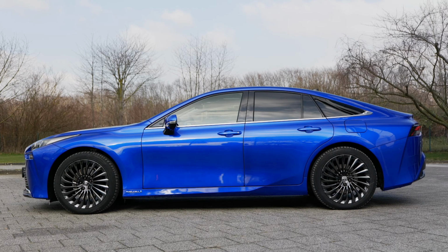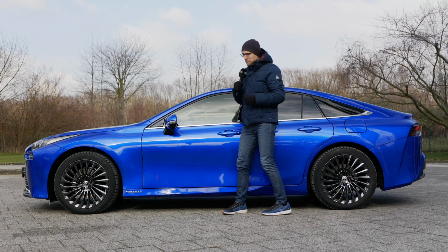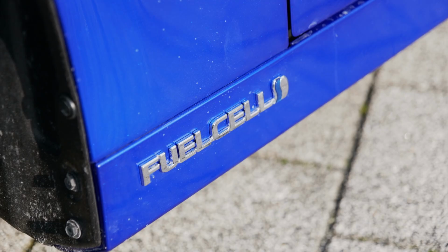The length is at 4 meters 97, 16 foot 3 or 196 inches. And this one here is an advanced trim level in Europe, or limited it would be in the US, so high trim. Also then with the kick-ass 20-inch turbine wheels in black. Really huge, massive style. Fuel cell badge right here, and then you can see this new generation here, a little